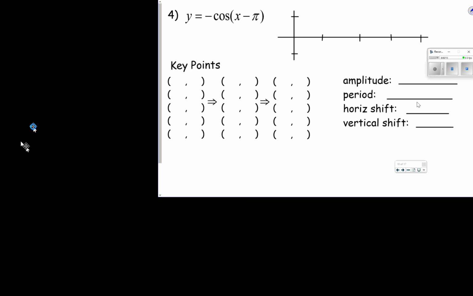Let's start with our key points for cosine. 0, pi over 2, pi, 3 pi over 2, and 2 pi. Cosine starts at 1, goes to 0, and then negative 1 to 0, and 1 again. For your scale change,